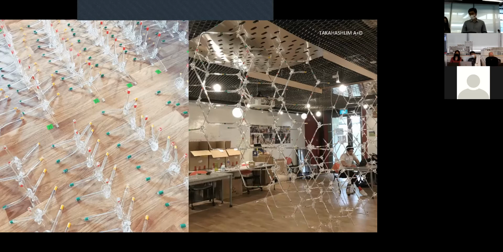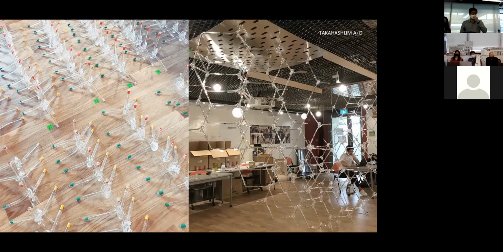So after we make all these modules, we got to check that everything is correct. Okay, there are no cracks in the module. Aesthetically, it looks okay. And then we have to organize it. And we have to do it in a very short time because we have to take all these little plastic tetrahedral knots and pack them. You can see in the second picture on the right, all these boxes. We got to pack it in a box, and then send it to Venice, and someone else is going to assemble it.